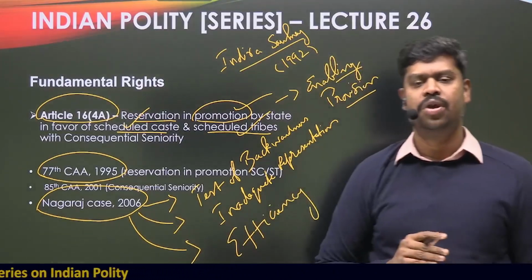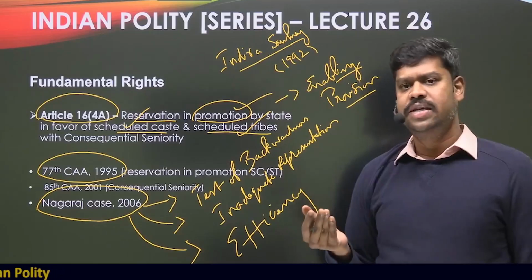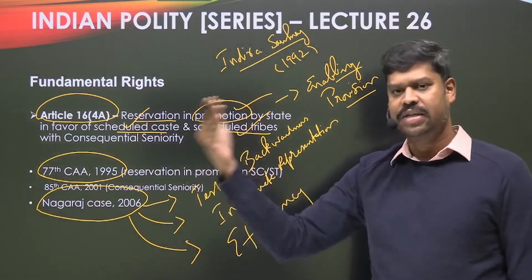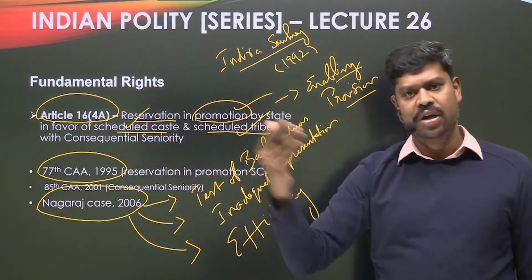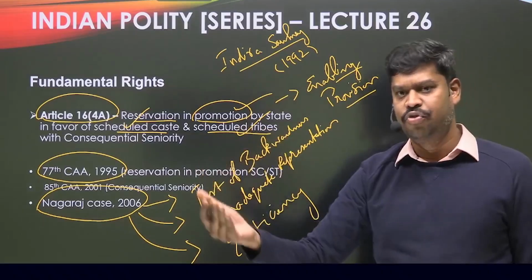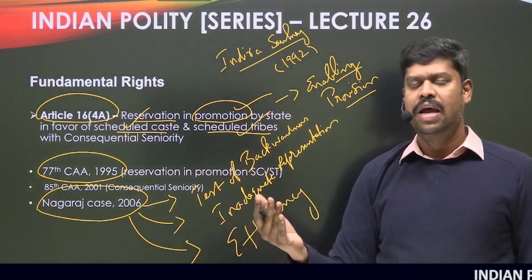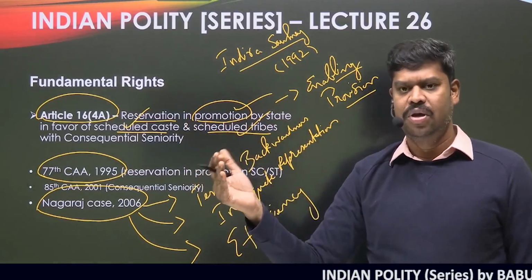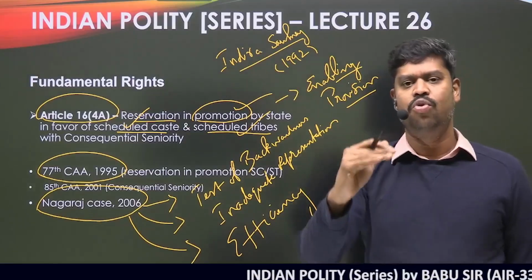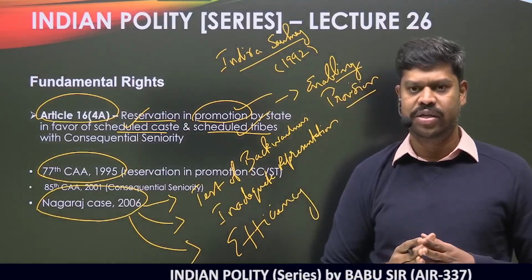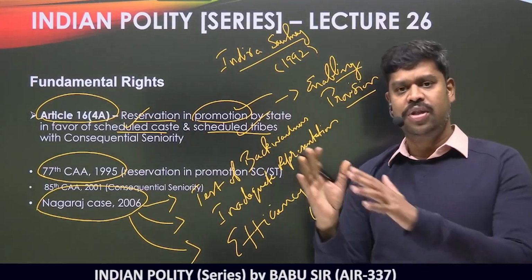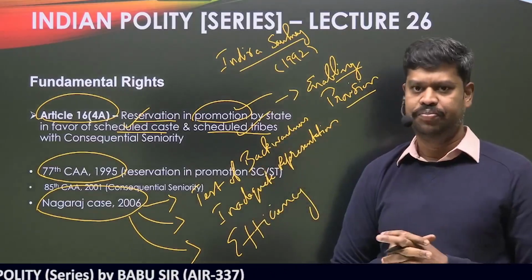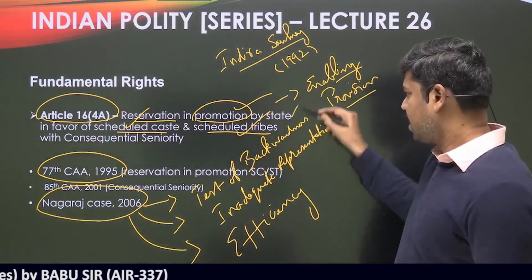So what does it mean? The Supreme Court in the Nagaraj case is of the opinion that we have no problem in giving reservation in promotions, because to that extent there is an enabling provision, and we declare Article 16 Clause 4A to be constitutionally valid. But before giving reservation in promotions to the scheduled caste and scheduled tribe, the state has to ensure that the people who are getting reservation in promotions really deserve the benefit of reservation. That means they really come from a backward community. That is what is called the test of backwardness.